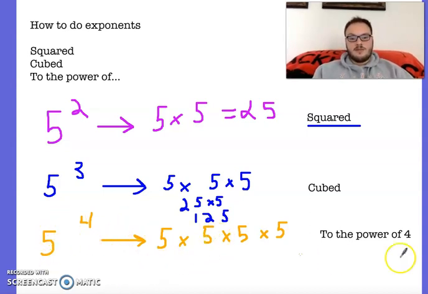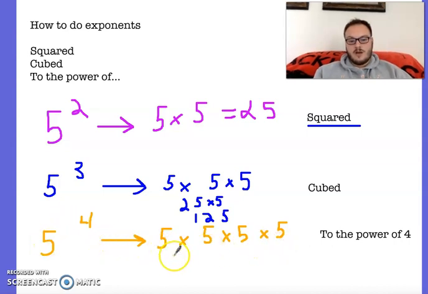And now, lastly, we have to the power of. This is an example with it being to the power of 4. So that means I should see 5 up here 4 times. And again, I'm multiplying it across. 5 times 5, 25. Then I need to multiply it by 5 again, and by 5 again. Well, we remember that 25 times 5 is 125 times 5. And again, if I needed to, I could check it using the standard algorithm. So 125 times 5,